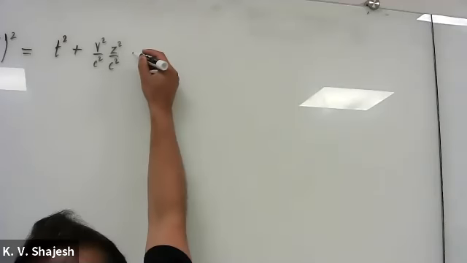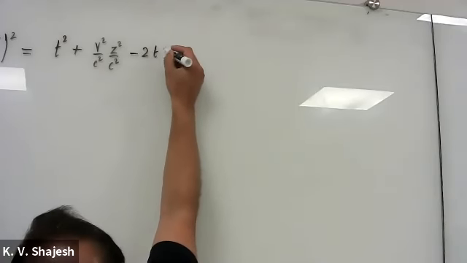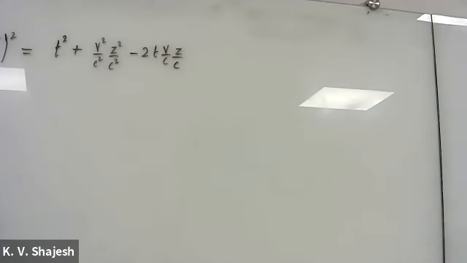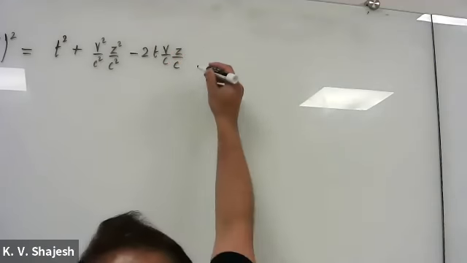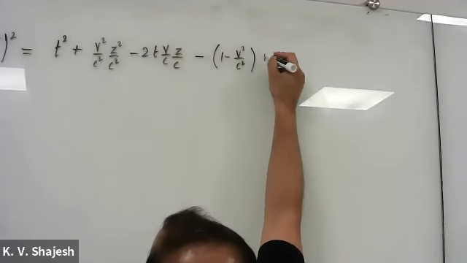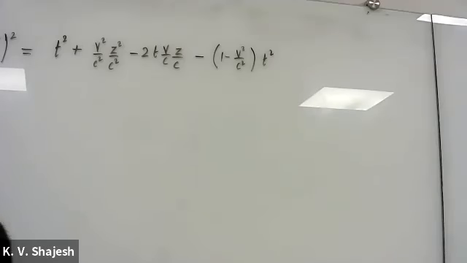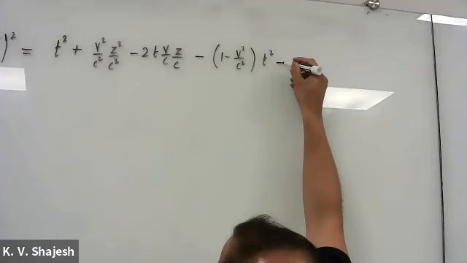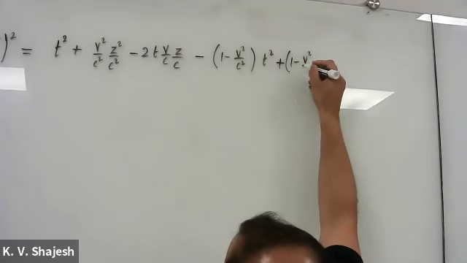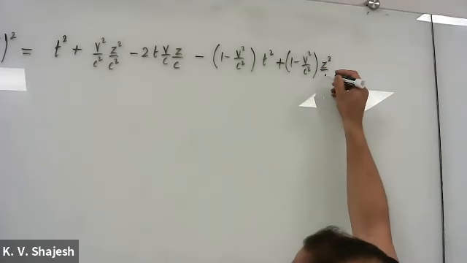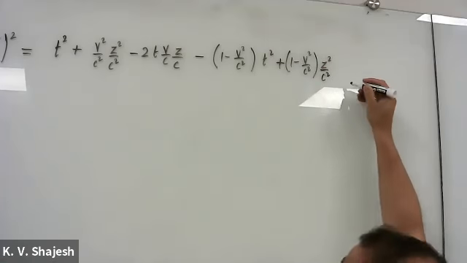And then there is a cross term, right? So 2 times t v over c times z over c. And there are more terms in there. So that's minus 1 minus v squared over c squared times t squared. And there is 1 minus c squared over c squared, plus 1 times z squared over c squared. And finally, that is plus